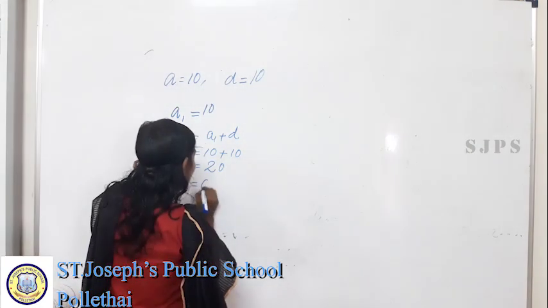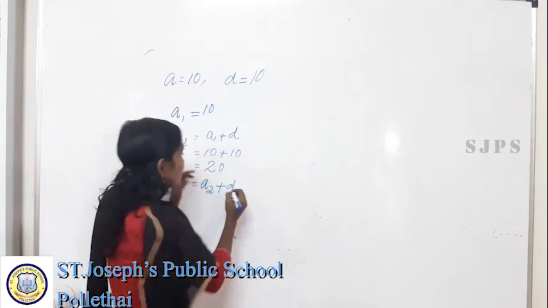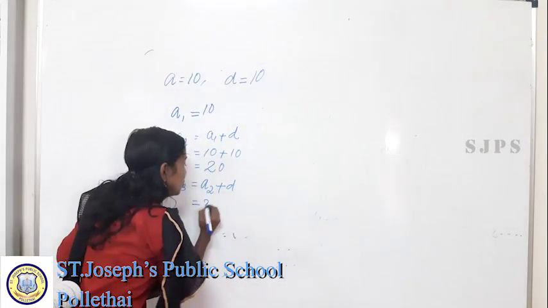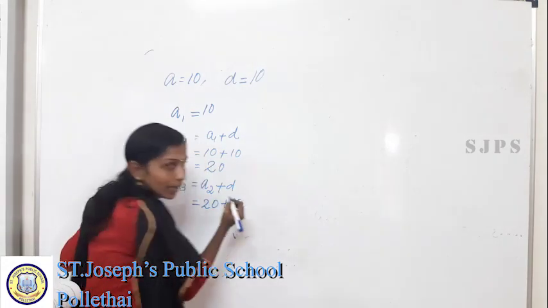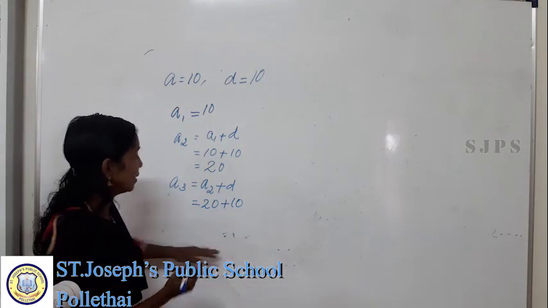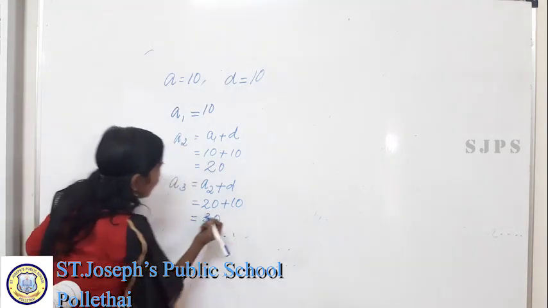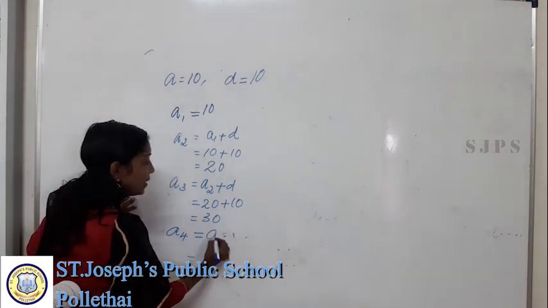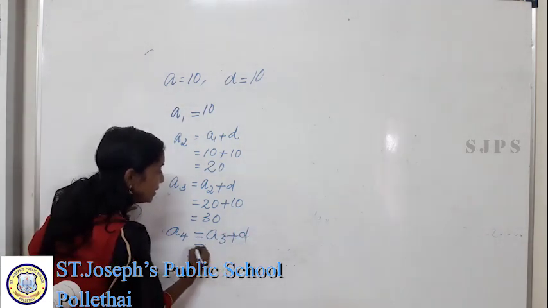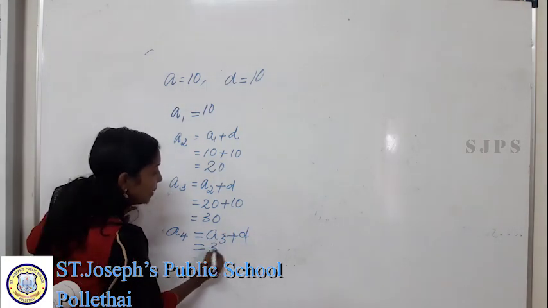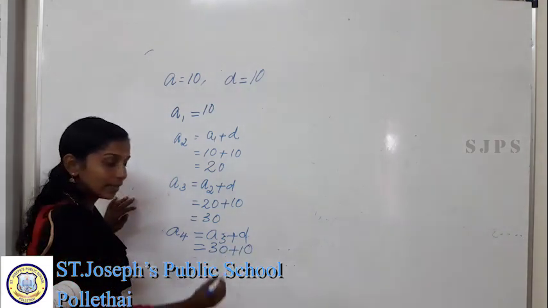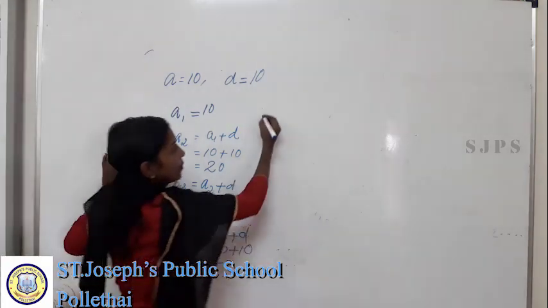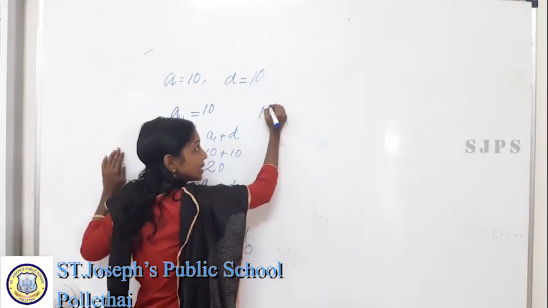A2 plus D. Here you get A2 as 20. That's equal to 20 plus common difference. We get here 30. And A4 is equal to A3 plus D. We get 30 plus 10. That's equal to 40. So you can write this arithmetic progression as 10,